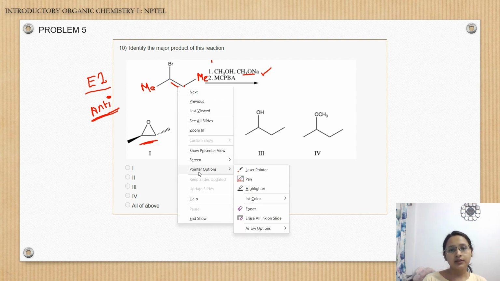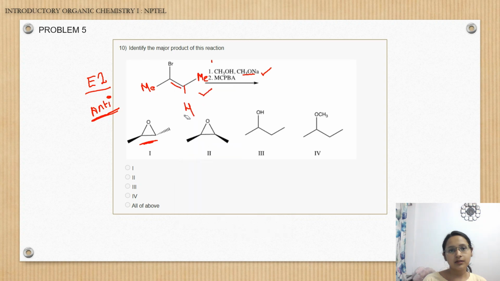And this hydrogen and this Br are already present anti to each other. That is why you don't have to rotate the bonds. So here you will have this kind of elimination, and what you will end up with,